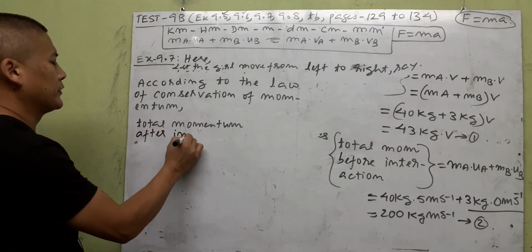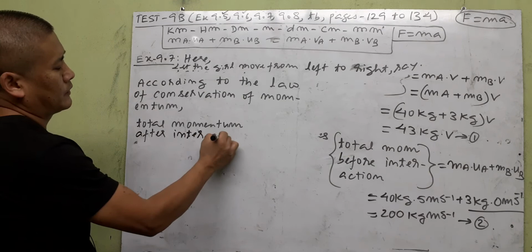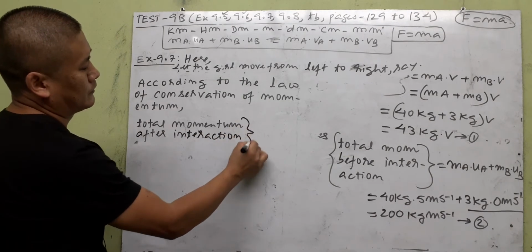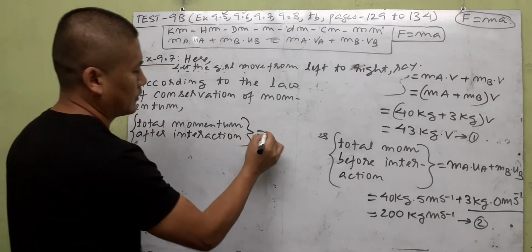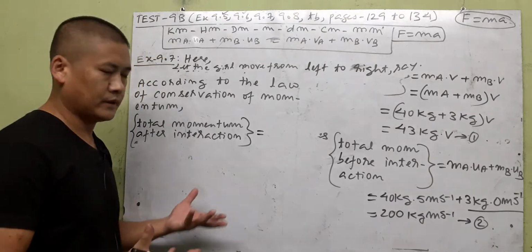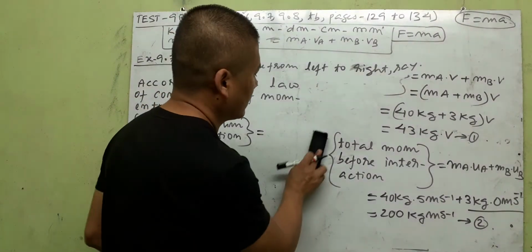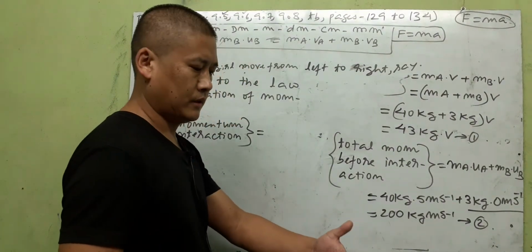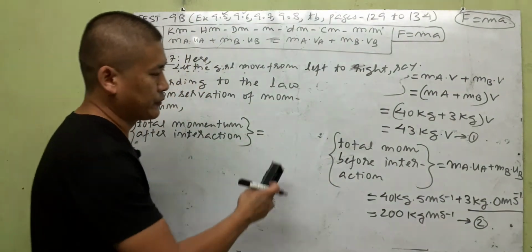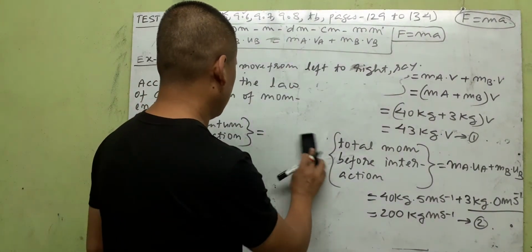After interaction, if you write on the left, after interaction is always equal to, or after collision, up to you. But girl jumping on the cart, interaction is a more appropriate word, right? So it's equal to